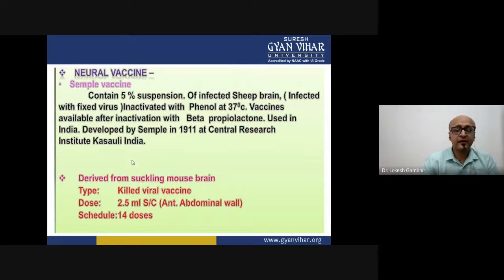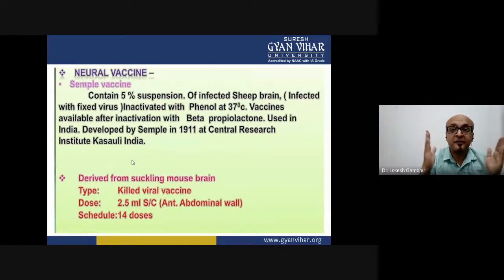Likewise, today there are multiple vaccines available, and multiple indigenous vaccines also, in order to provide management of this particular disease. A few of them, like what I have quoted here, were developed by the Central Research Institute of India, CRI, Kasauli, that is present in India. They developed a simple vaccine which contained the virus that has been fixed in the laboratory from infected sheep brain, and that virus was formulated into a vaccine, called the Semple vaccine.